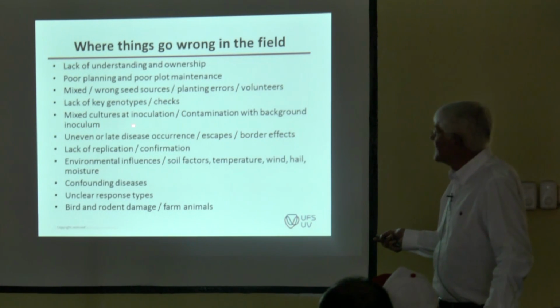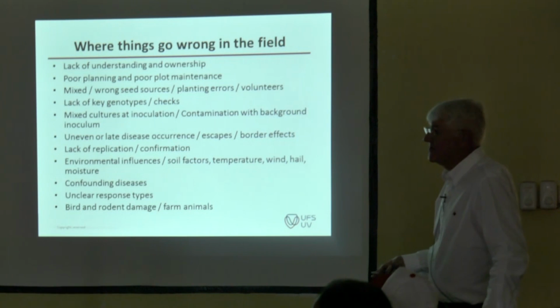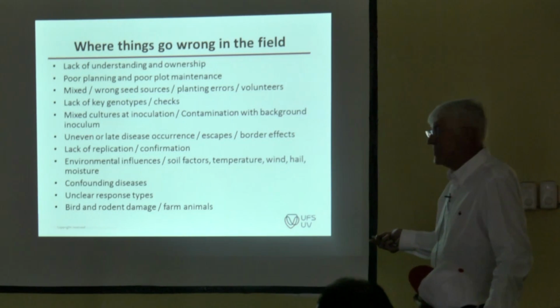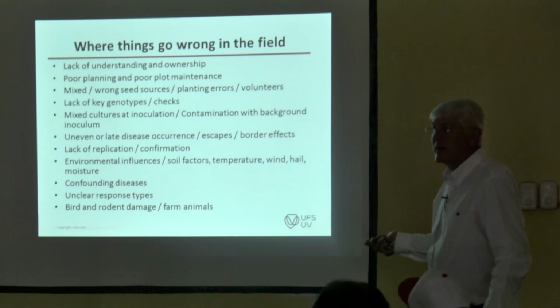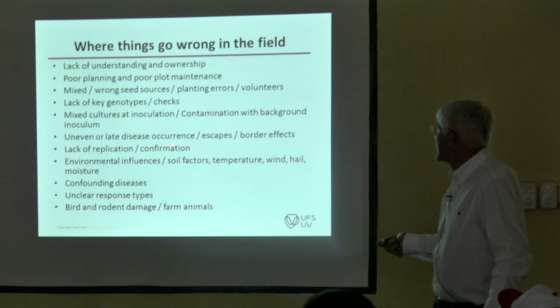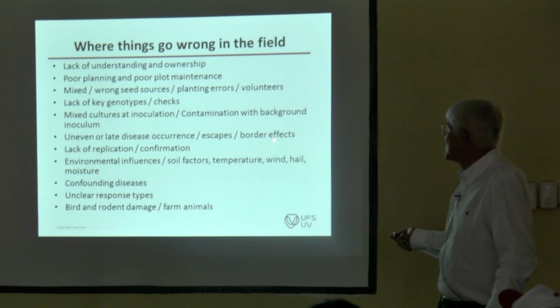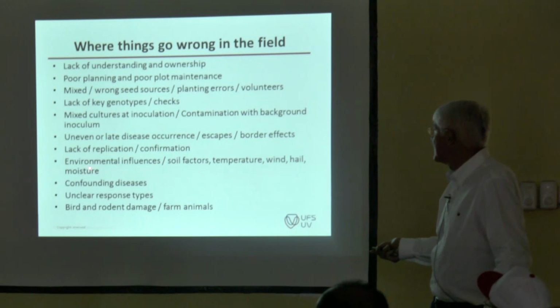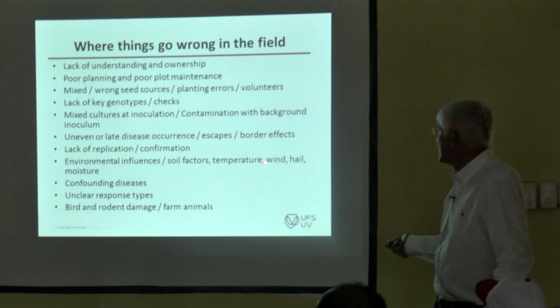Dave, your question, mixed cultures at inoculation, contamination with background inoculum, that happens towards the end of the season. I don't think we can really control that. We don't know what comes in at the end. Uneven or late disease occurrence, escapes, border effects, lack of replication, environmental influences, soil, hail, moisture, livestock,